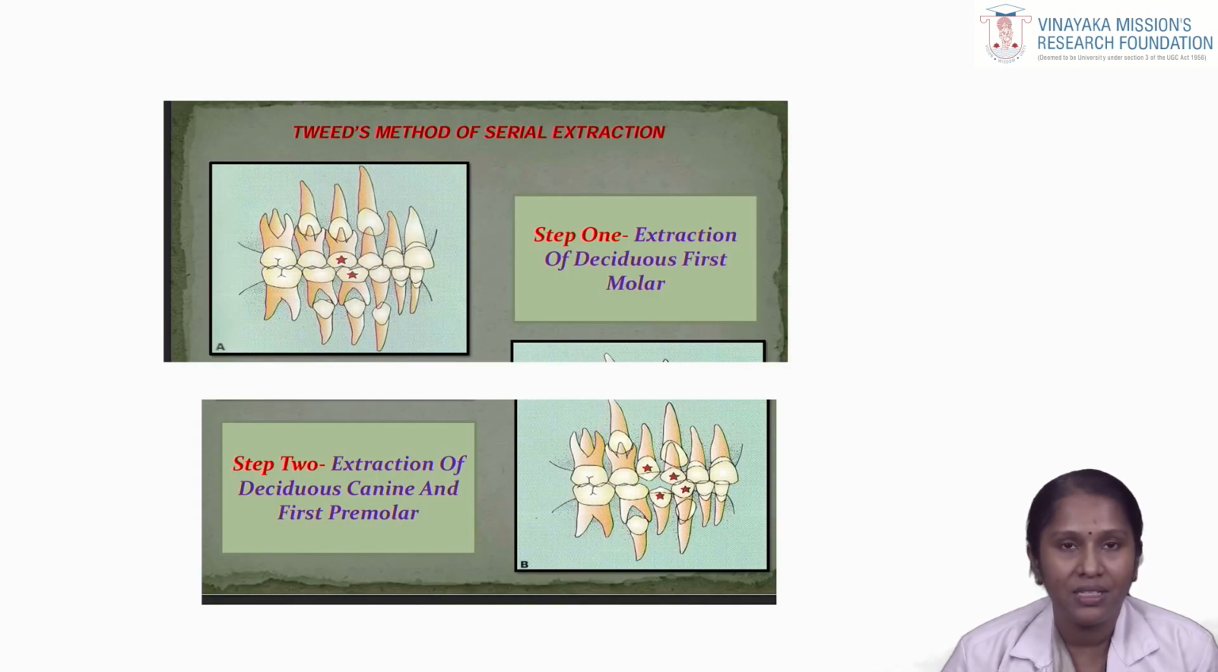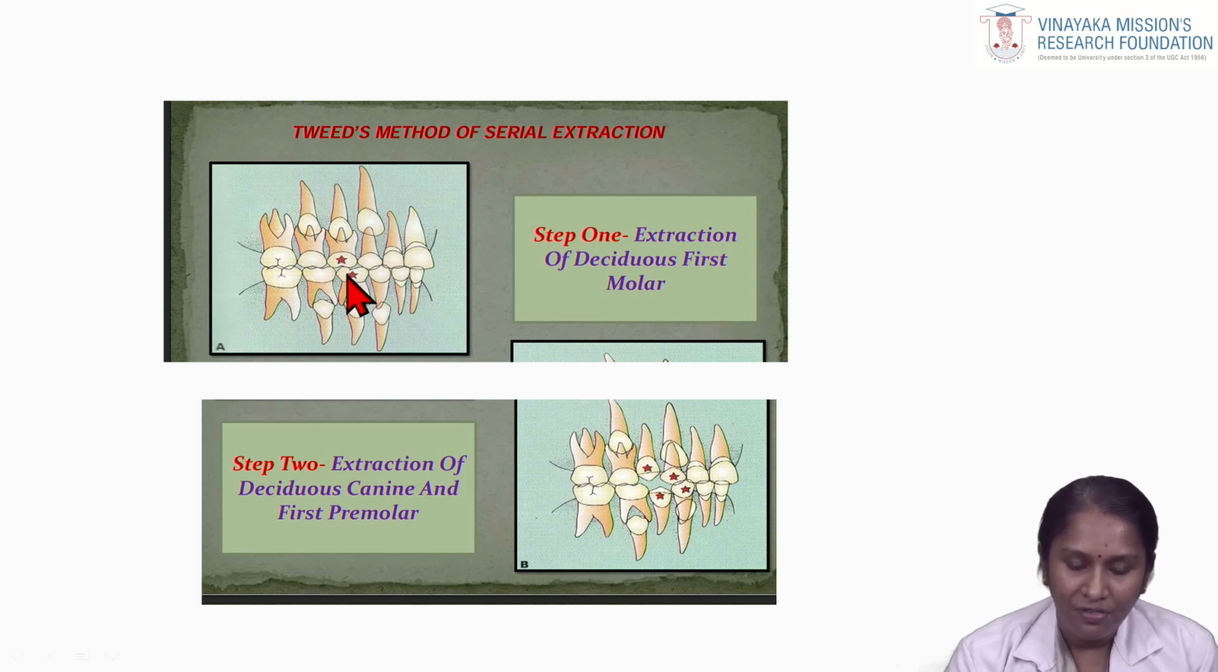So what are the methods of serial extraction? Now we are going to see Tweed's method. In this picture you can see the extraction of the deciduous first molar, for the reason of allowing the premolar to come into a favorable position. In step 2, extraction of the deciduous canine and first premolar to allow the premolar to come into a favorable